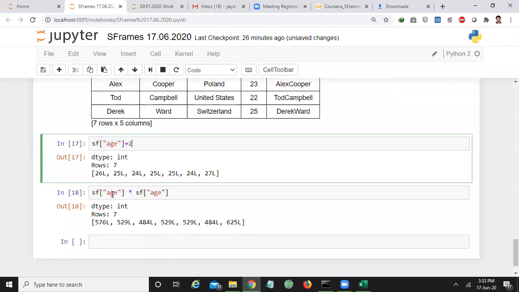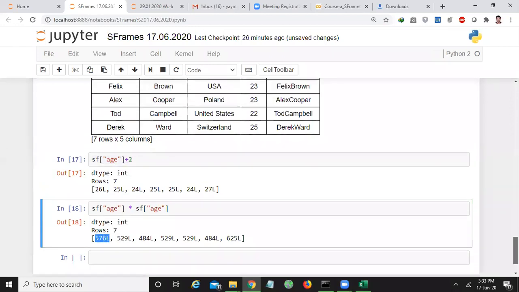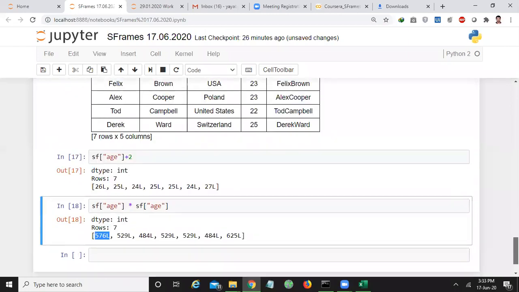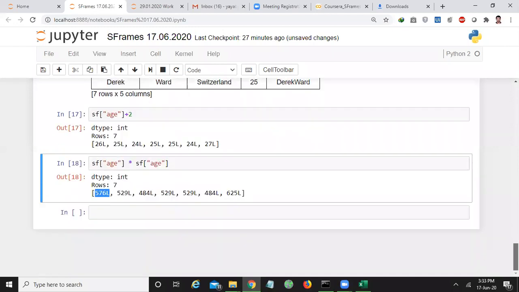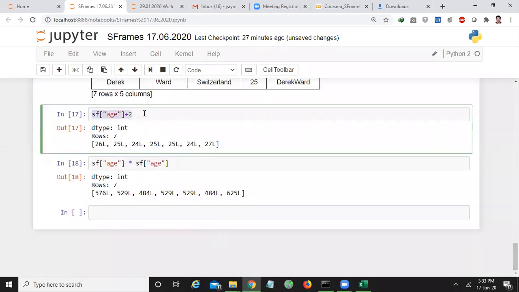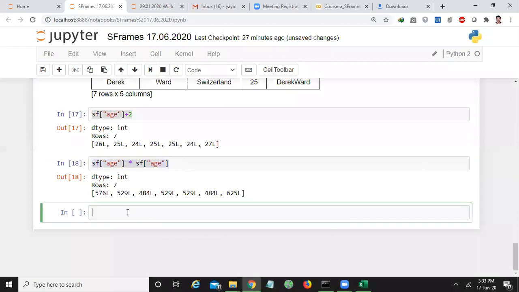That's why if you perform SF of age into SF of age, what it is giving here is 576. 576 means what? 24 24s are 576, right? Similarly, 23 23s are 529. So here you are just calculating the value, you are not actually updating the age. Here it will take the old values of the ages only.